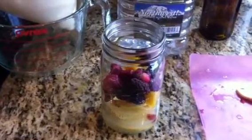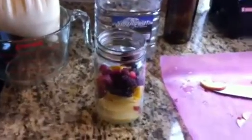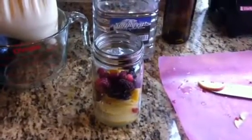Hey, I'm making a quick video on how to make a really awesome drink called Kvass. This recipe is actually in the GAPS book. So I went ahead and took a 1-quart mason jar